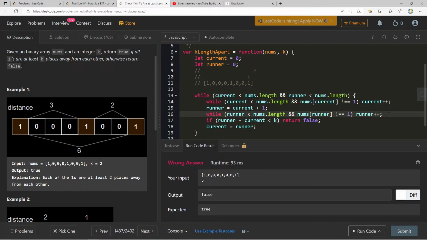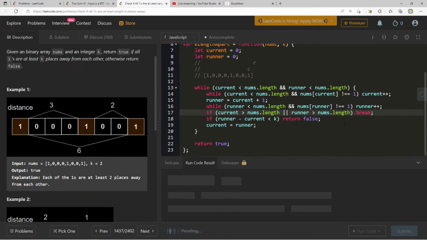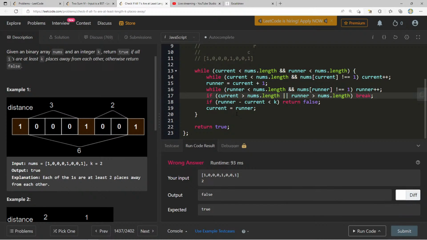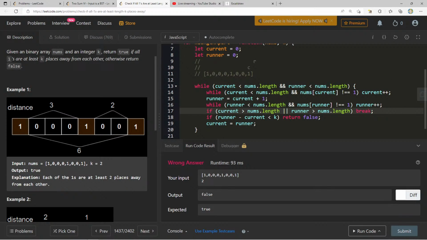Do we ever, if, so if current is greater than nums.length or runner is greater than nums.length, we break? Give me a true. This has to be like the most confusing question I've done, because I get to this piece here. If current is greater than nums.length,